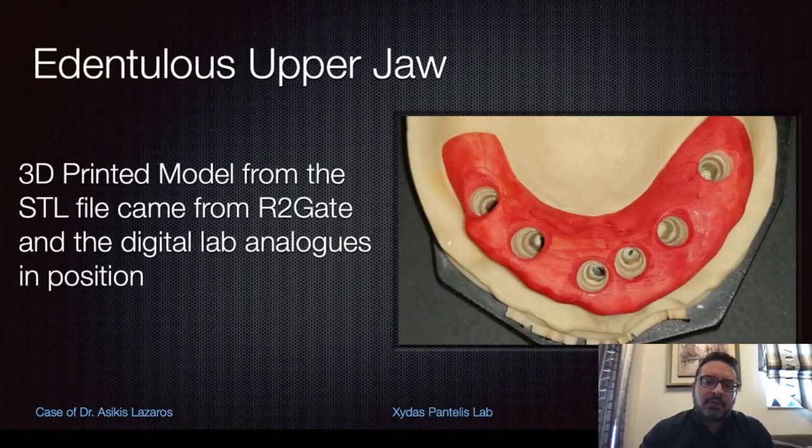Because this was a very good case, and we have the time to do a lot of experimentation on the 3D printing model, you can see that we also used an extra overlay for the soft tissue, so as to choose the correct abutments. The dentist, Dr. Asikis, wanted to try the Octa system, so we have to choose the Octa according to the soft tissue height.